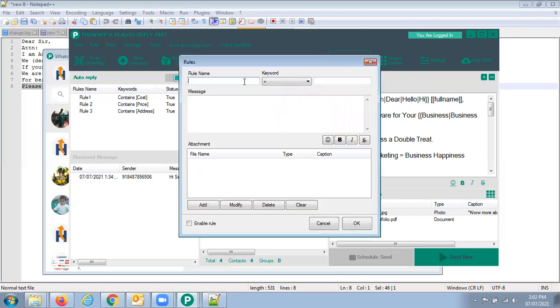I will write it, suppose rule 4, message should contain, which means if it is an entire statement, like if somebody writes what is the price, then price is one of the keywords which it contains. So here suppose someone writes, I will write Manu.